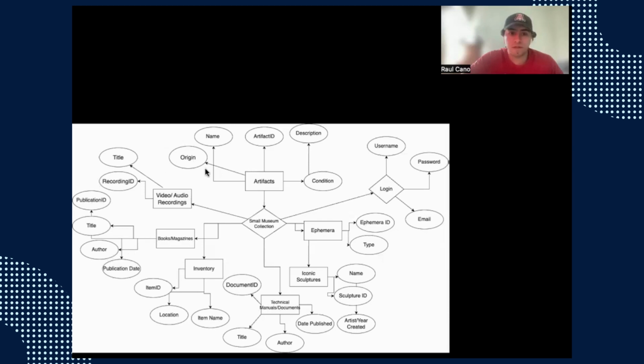Artifacts have origin, name, artifact ID, description, and condition, as well as having a login, so for the owner to be able to log in and see their collection, there's username, password, and email. And also having inventory, item ID, and the owner wants to know the location of every artifact plus item name and